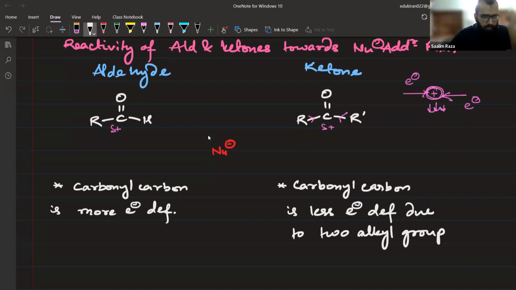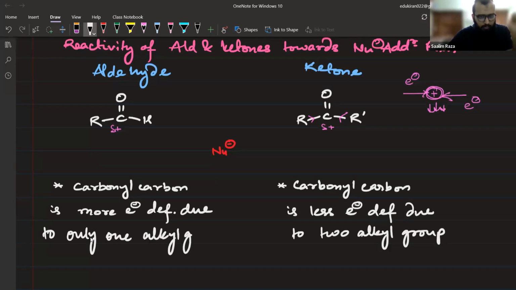Due to, अब लिख सकते हैं, due to only one alkyl group, ठीक है? अब अगली चीज आते हैं, सुनिए।